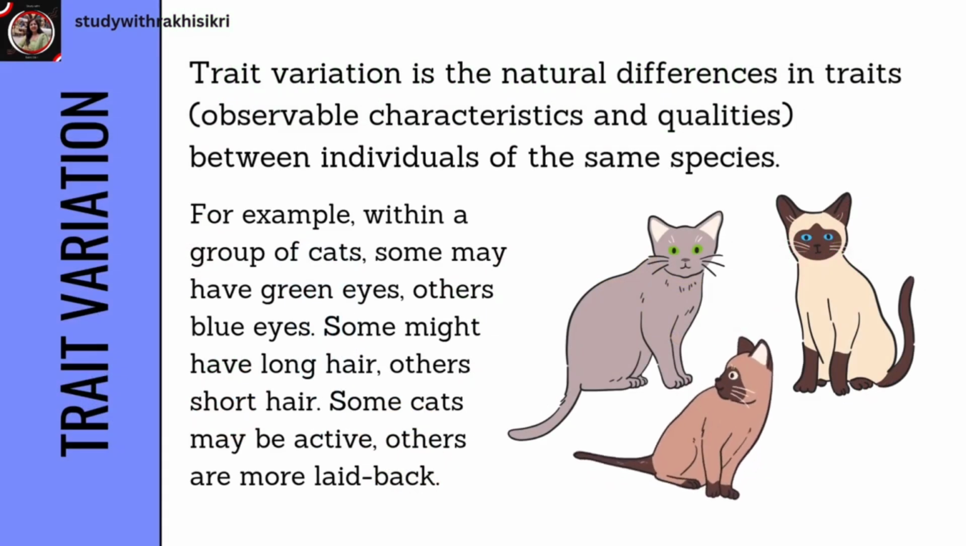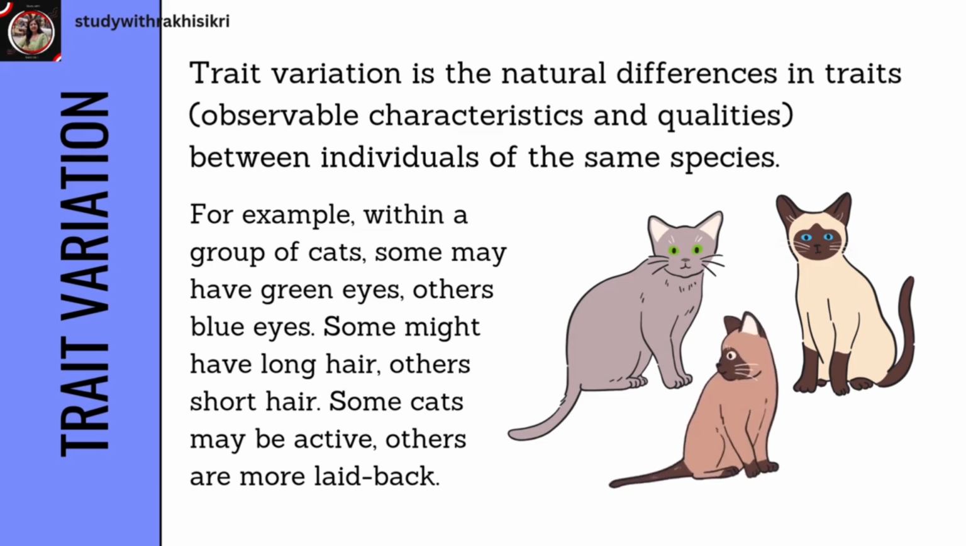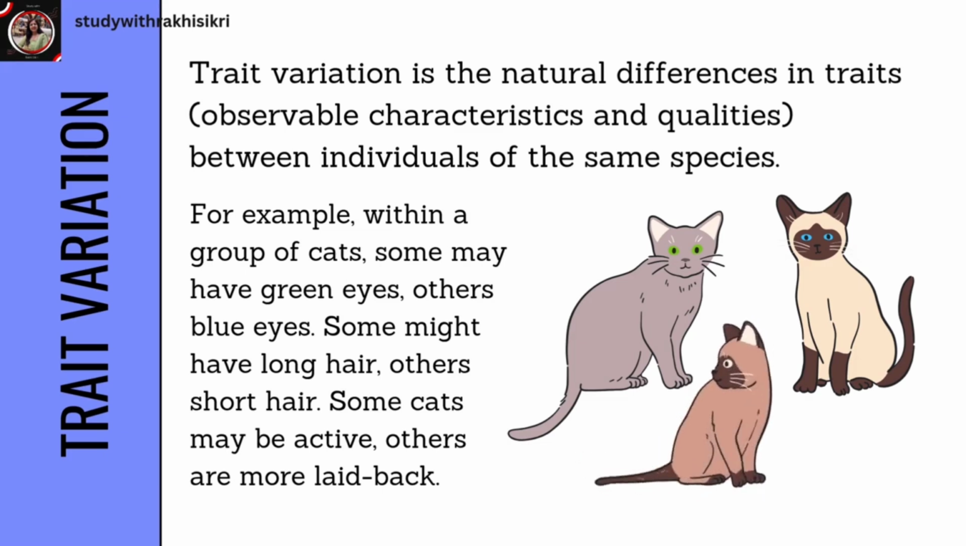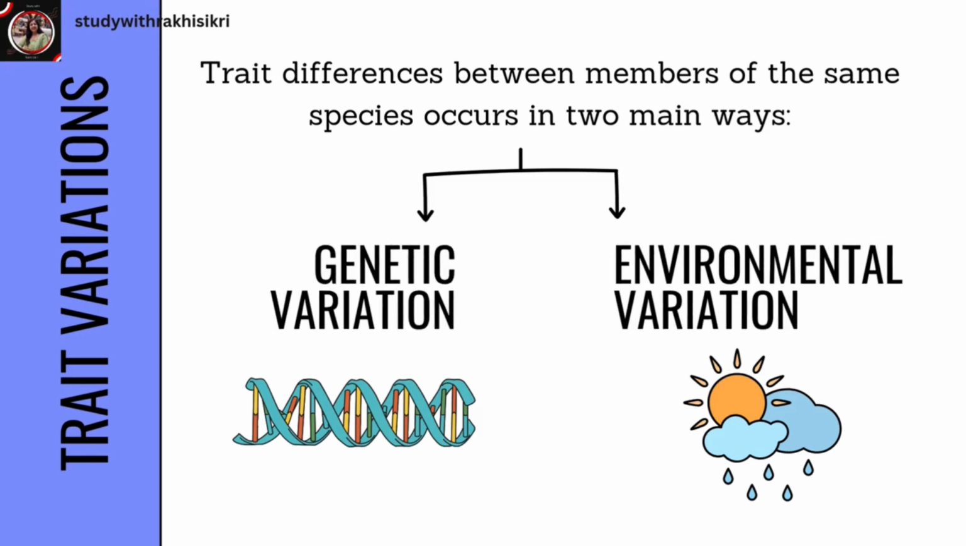Trait variation means that not every individual of a species looks or behaves exactly the same. For example, some cats have green eyes, others have blue. Some are playful, while others are calm. There are two main types of variation: genetic variation, which comes from inherited genes, and environmental variation, which comes from